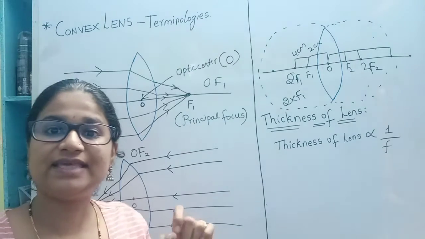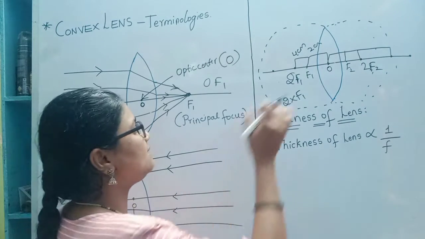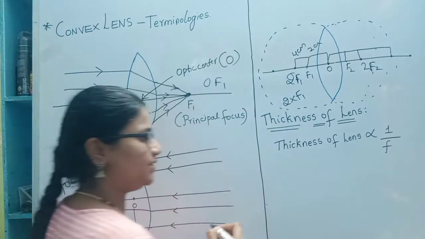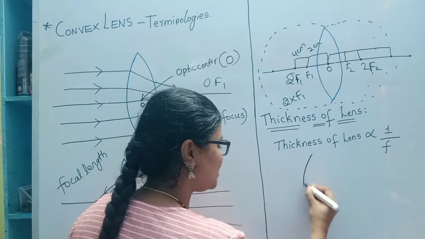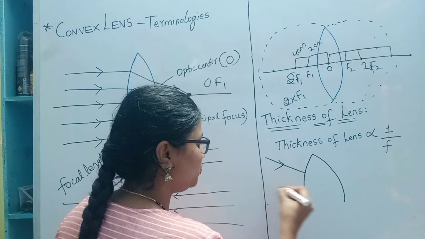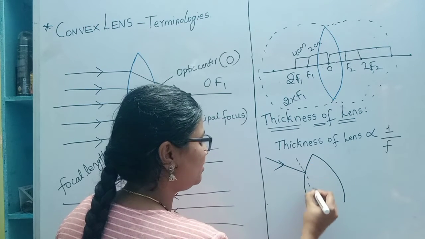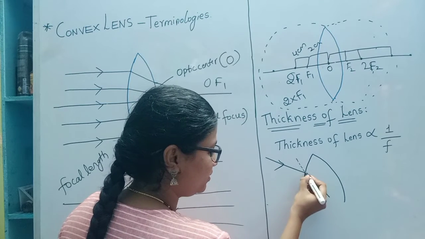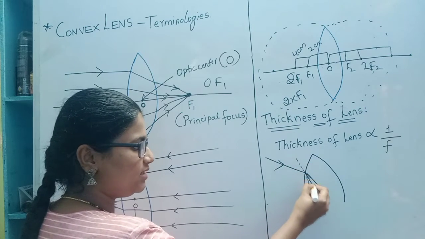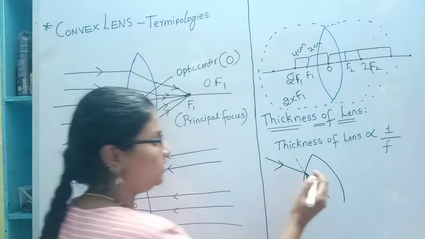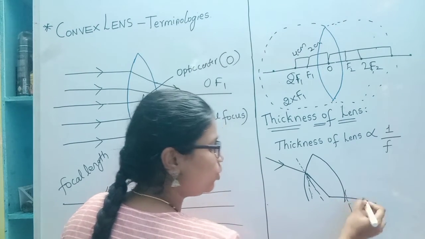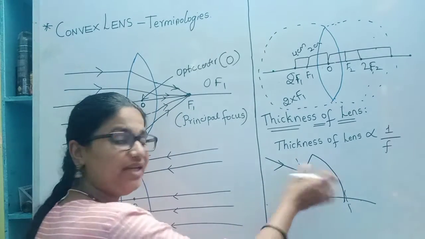The next one is the thickness of a lens. Suppose these are thin lenses. Suppose we take a thick lens, what happens? In a lens, we incident one ray, PQ, and this is a normal drawn on it. Here it gets refracted, so it will move towards the normal. Then when it reaches the other surface, we again draw the normal, and it will move away from the normal. That is due to the change in the medium.